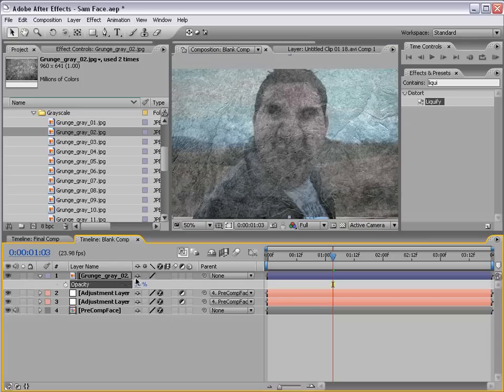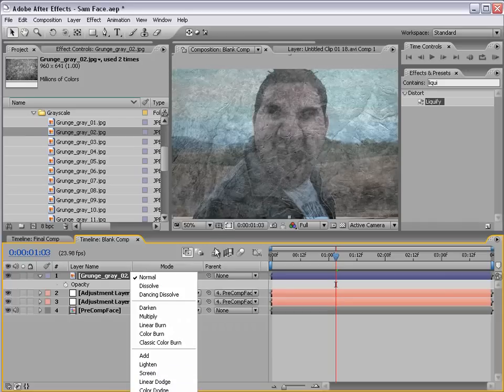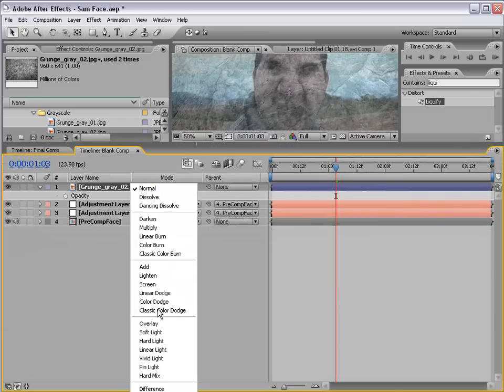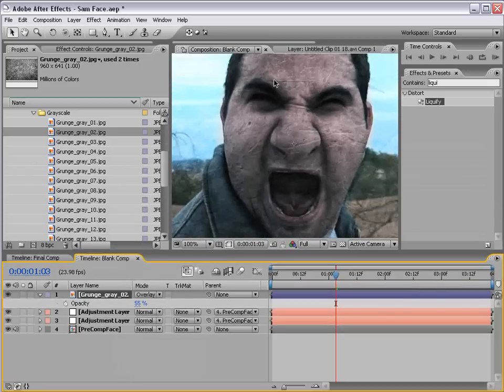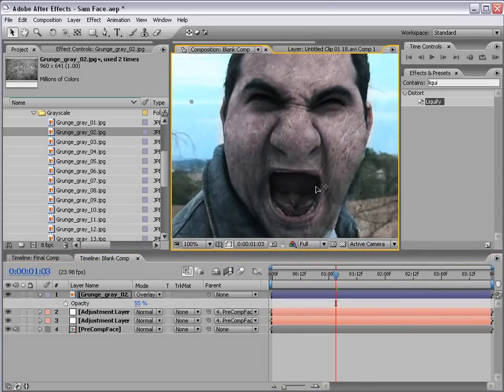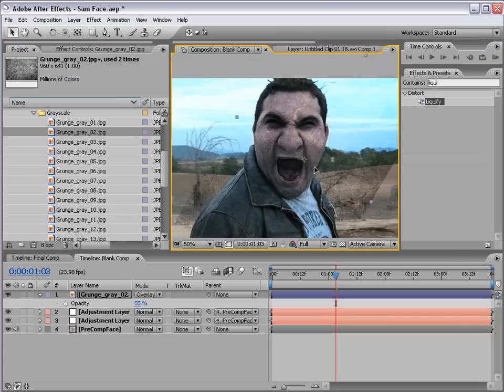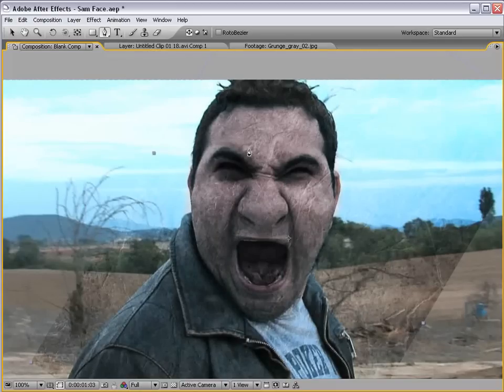And we want to actually change the transfer mode, F4, and change it to overlay. And maybe hard to see, overlay. And you can see it kind of creates a cool texture on the face. So you can move it around to where you think it might look good. And once you do, you can then take the pen tool and draw around the face. Now, you want to be careful about where you put this because on certain areas it's not going to look good. What I recommend is doing the whole face,